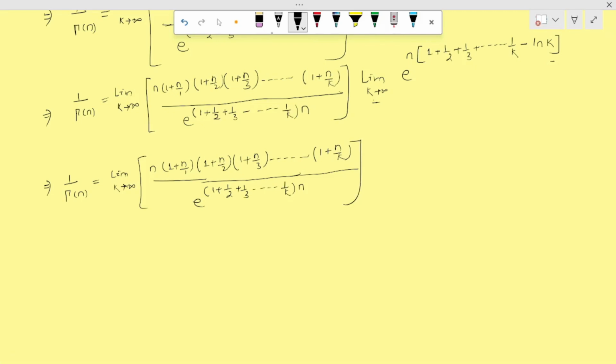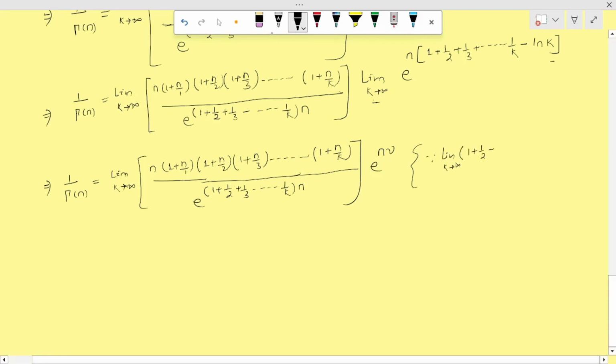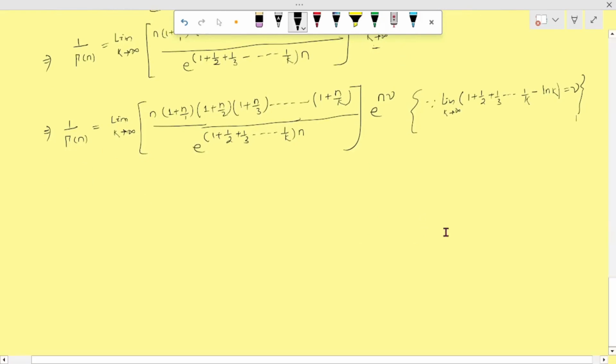So here it will be written as e to the power nγ, or you can write it as the limit as k tends to infinity of 1 plus 1 by 2 plus 1 by 3 up to 1 by k minus ln k, which is nothing but γ. No need to write this one because already at the starting I have written the Euler's constant γ equal to this much. So what we found now,